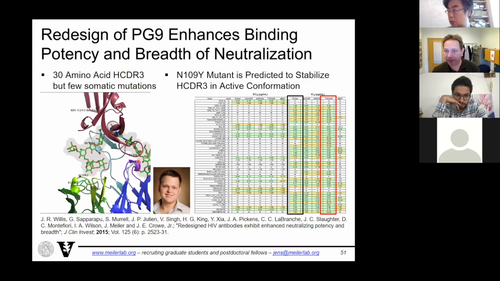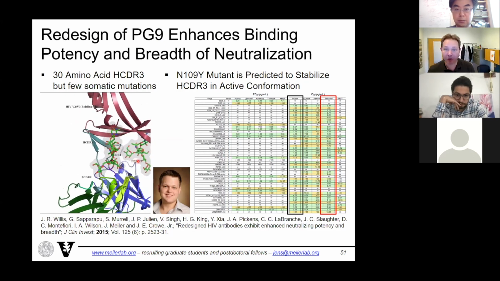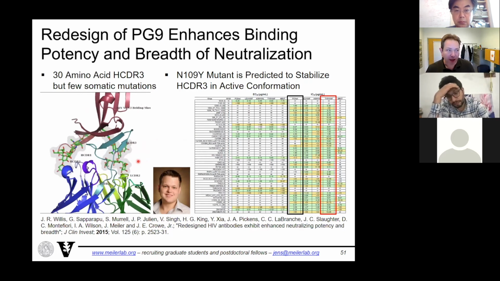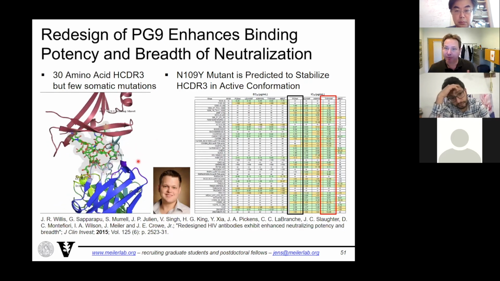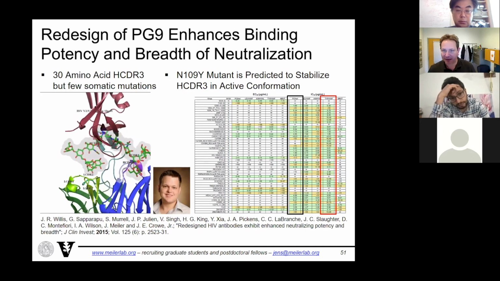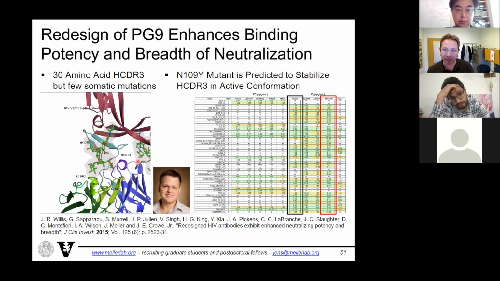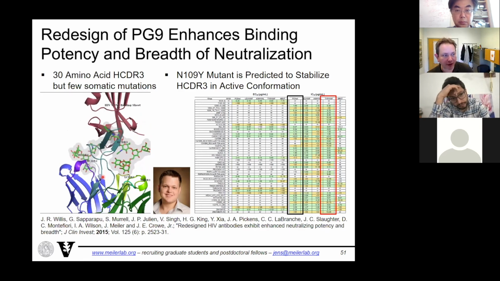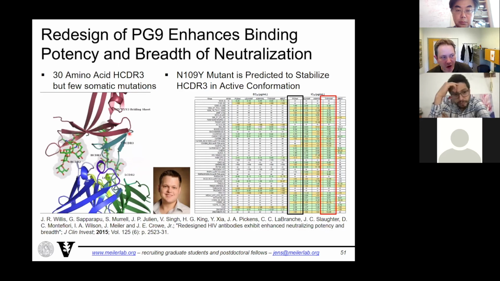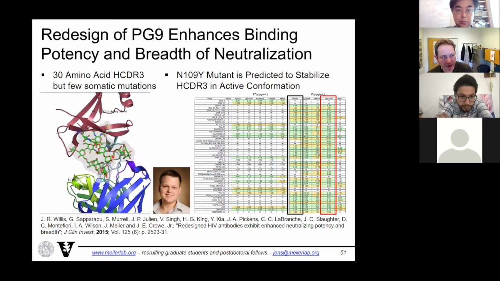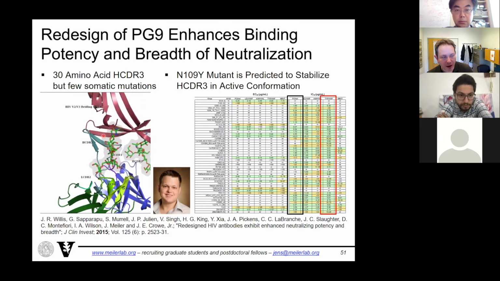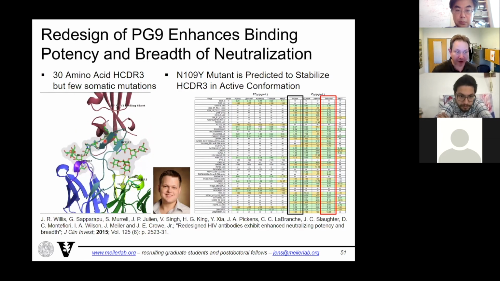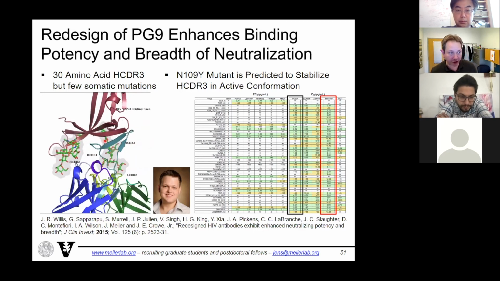That's why many humans will not make good antibodies against HIV, because our immune system matures antibodies that don't bind to points of these proteins that are constant, that cannot be changed. But sometimes it happens, and this antibody came out of a patient, and it turned out to be a broadly neutralizing antibody. So this long CDR H3 winds in between the glycans and binds to a position of this protein that cannot easily be changed without the virus losing its function.